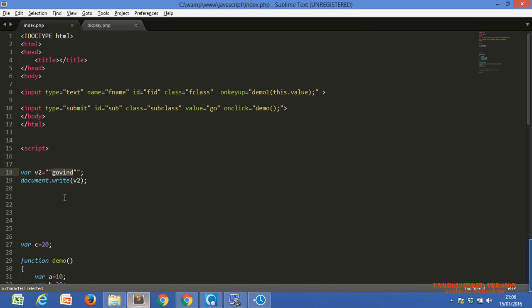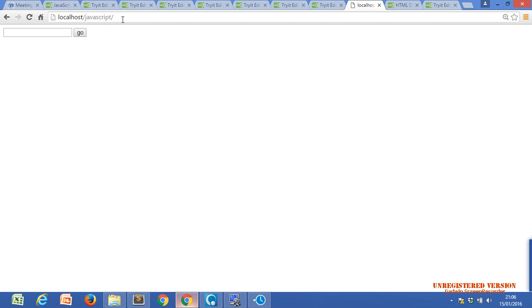So you have to use a backslash just before the double quote, so it will print that double quote. Let me show you. Is it our requirement or not?